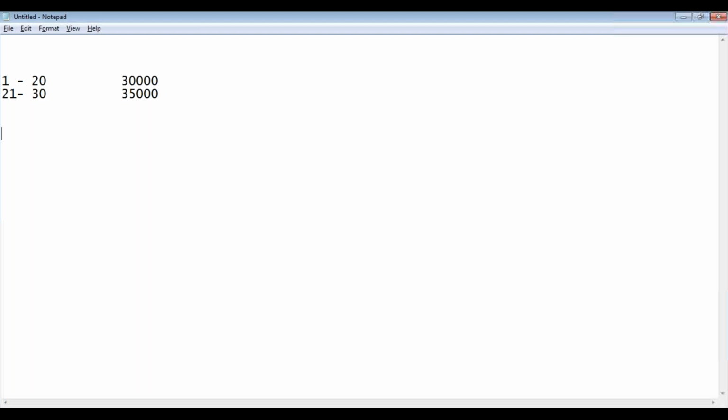I think for the last 10 days, we need to divide 35,000 by 10. And 30,000 divided by 20. And accordingly, we have to calculate the per day salary. Suppose an employee joins on a date, then partial days divided by total days is the factor applied to this amount.